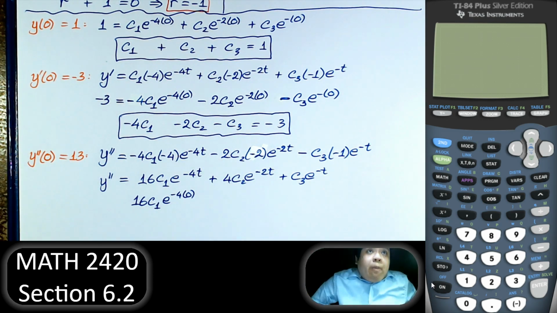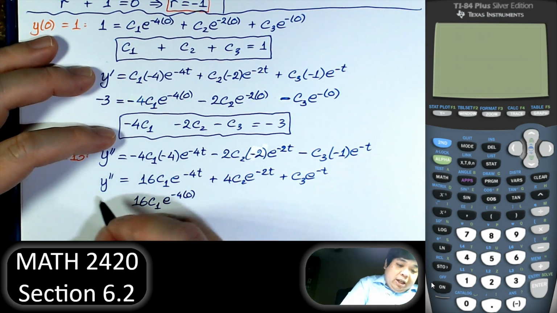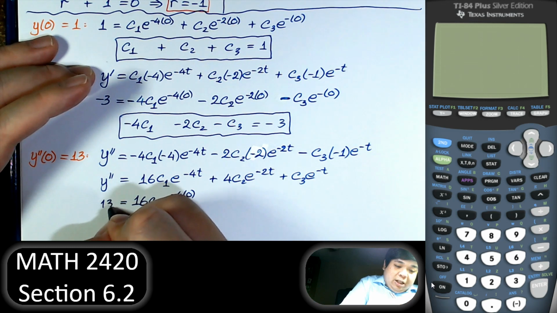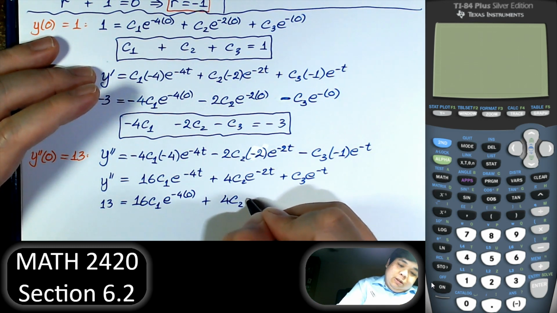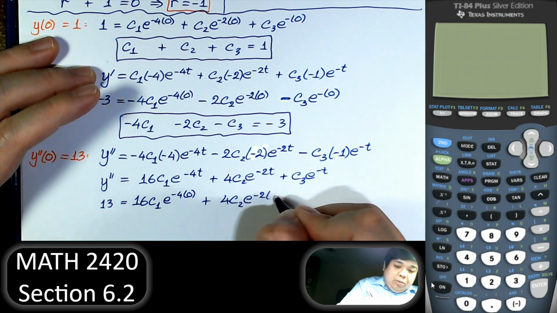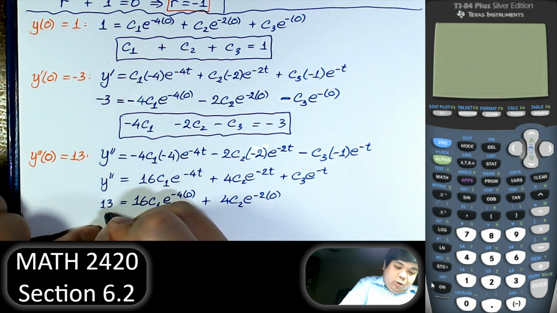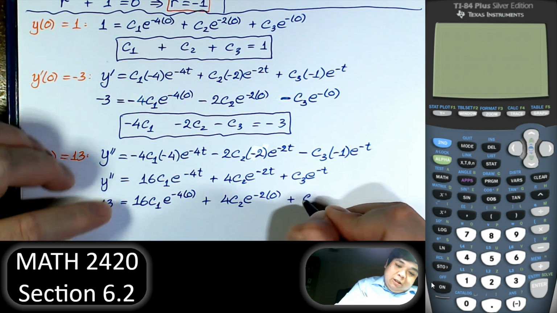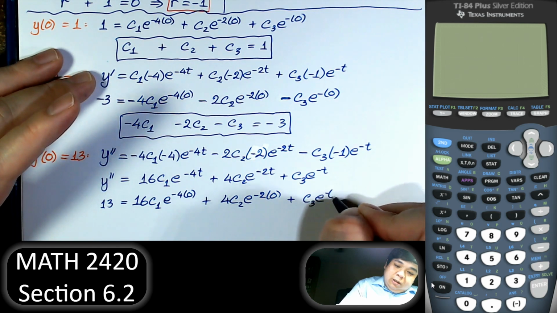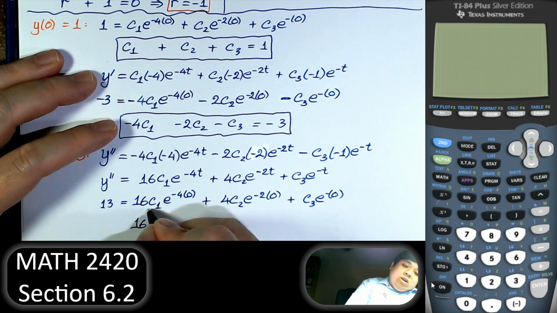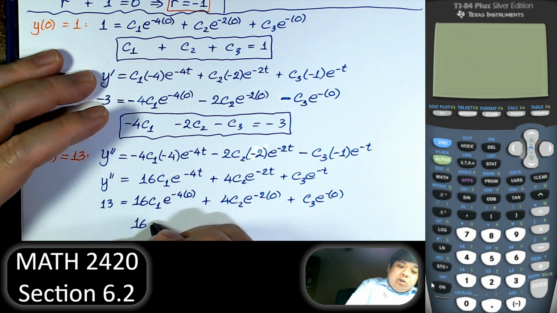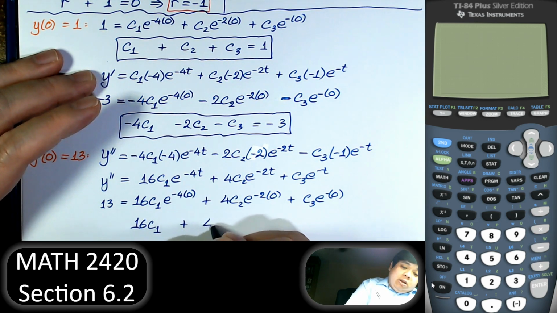If we put in 0 for t, that will equal 13. So we have 16. Once again, e to the 0 power is 1. So we have 16c1 plus 4c2 plus c3